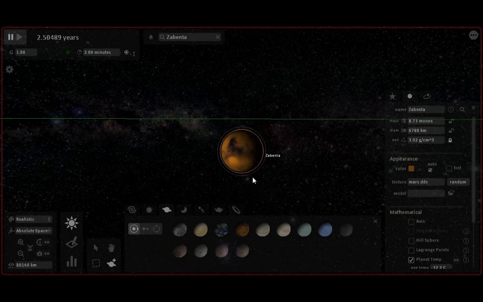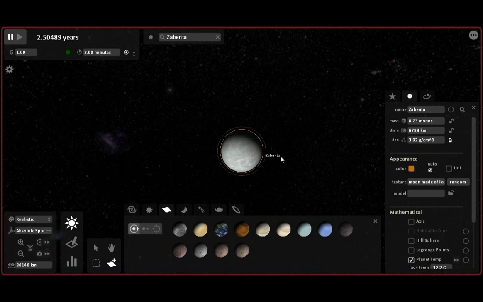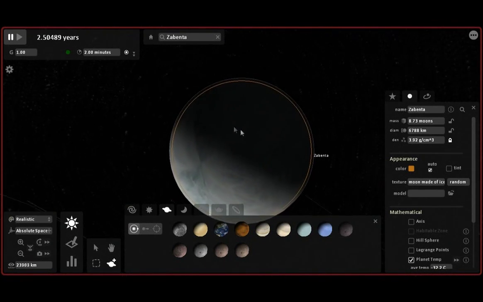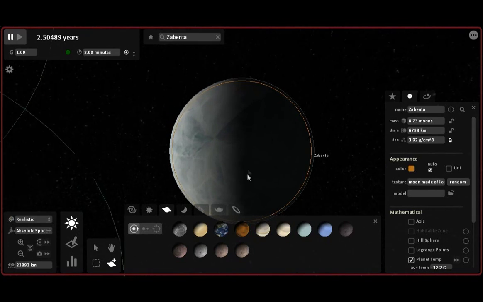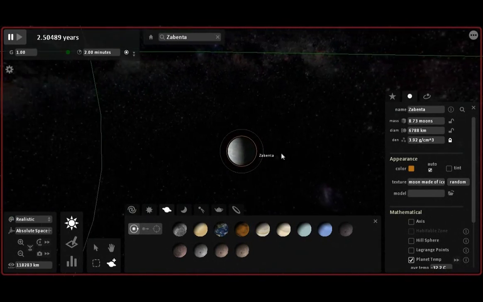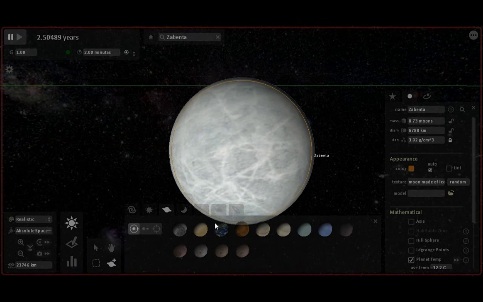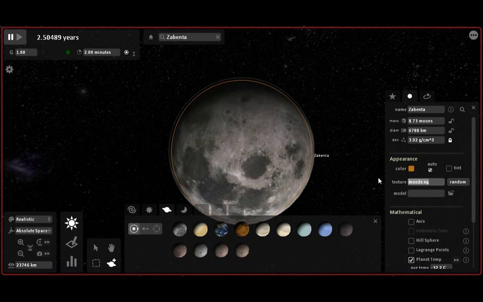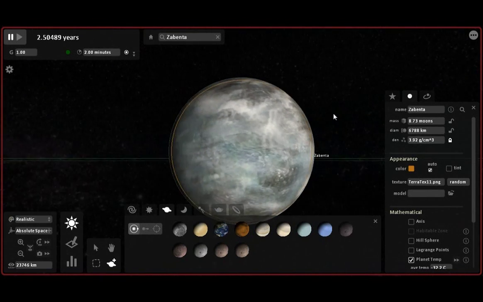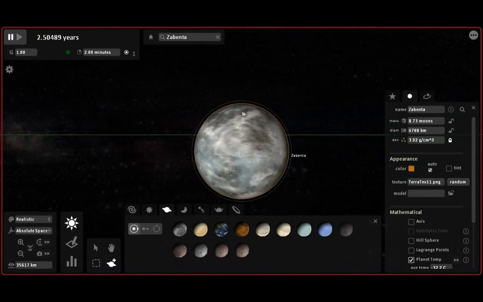That one, perhaps. That one is cool, but I think that it has a seam. A line, an ugly line somewhere. Yeah, there we go. It has this ugly line. You can barely see it right there. But you know what? It's not going to be a problem. Or is that perhaps too icy? I think that's a bit too icy. Hold on. That's better, perhaps. This is one of those that came with the game. That one. Yeah. That looks more like a frozen planet. Okay, so